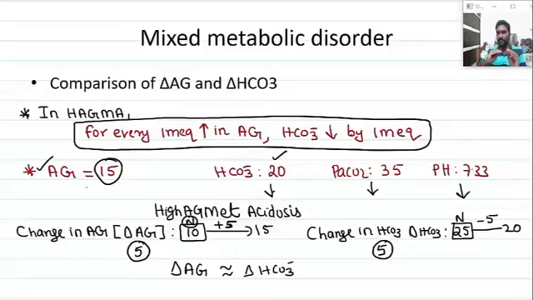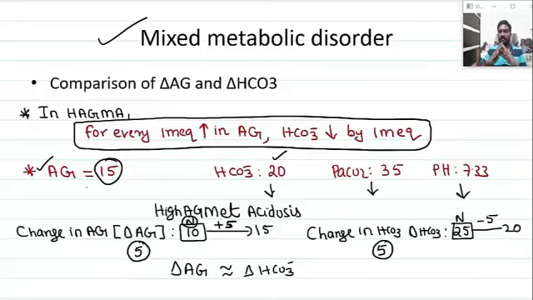Now, if there is some alteration in this relation, so if delta anion gap is more than delta bicarbonate or delta bicarbonate is more, if there is some deviation from this relation, there can be existence of a mixed metabolic